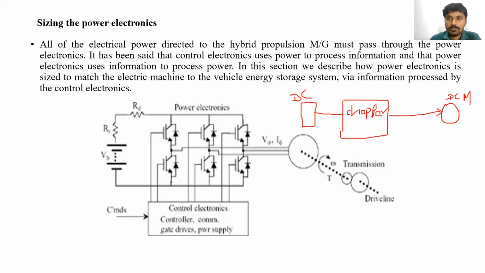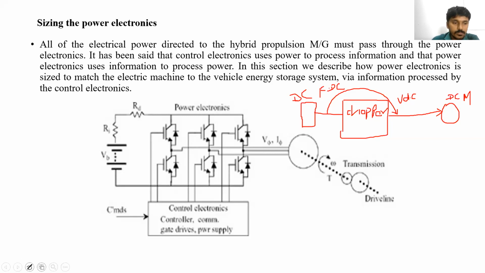Chopper. So what is the function of the chopper? The chopper will convert fixed DC to variable DC. Fixed means constant DC, and variable DC means the output voltage will vary. If the output voltage varies, the speed of the DC motor also varies. Whatever procedure you use to control the voltage, according to that voltage the motor will be operated.